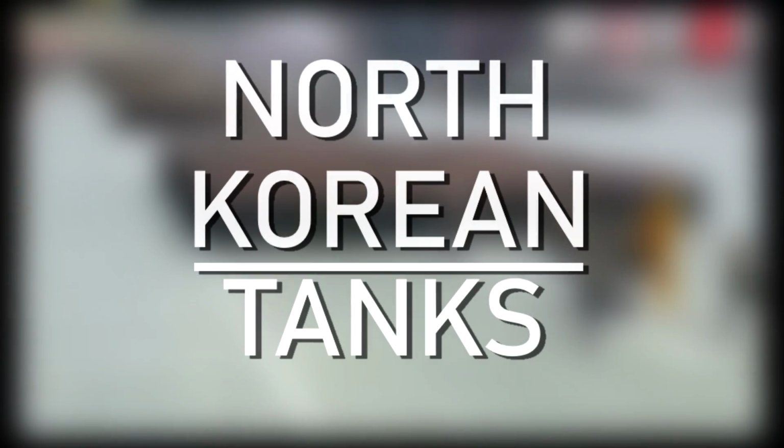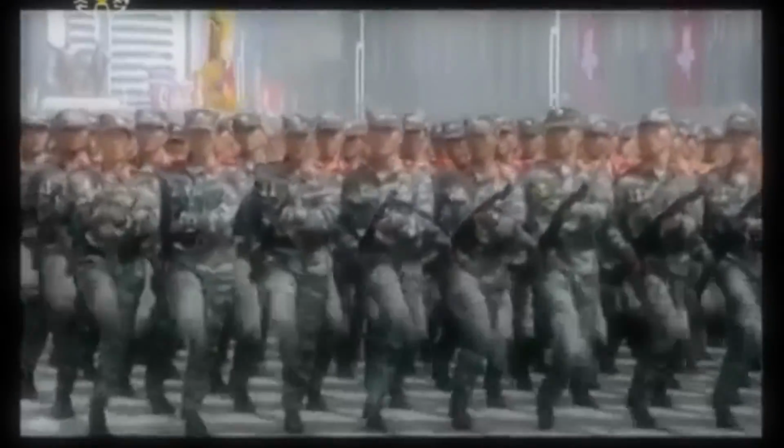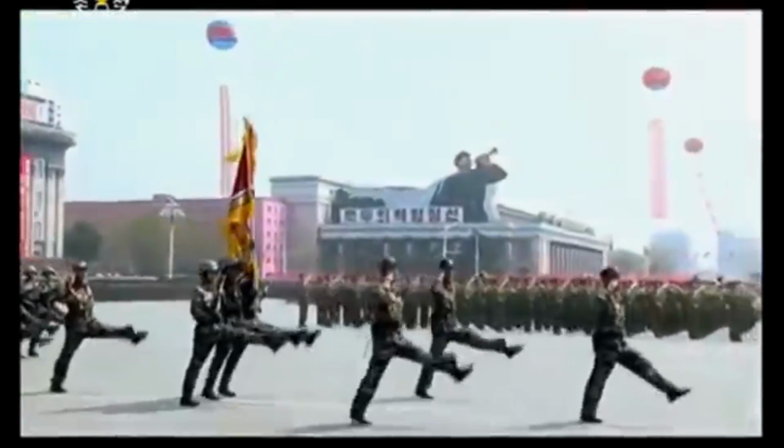The two most modern tanks in the North Korean arsenal are the Chonma-Ho 216 and the Songun-Ho. These tanks are kind of similar, but they do have differences. We will take a look at both of them and see if those tanks are on par with their modern